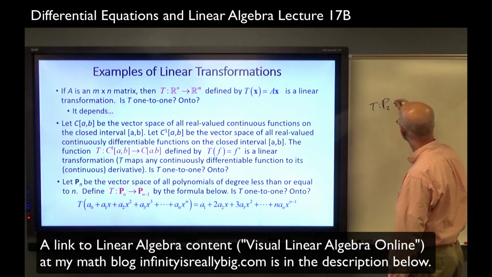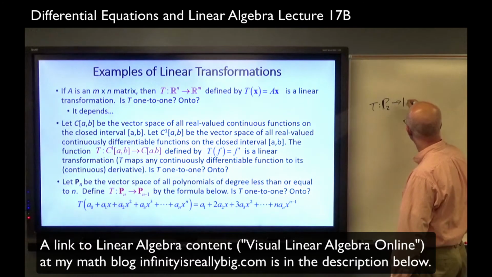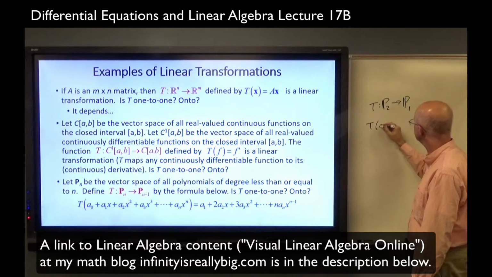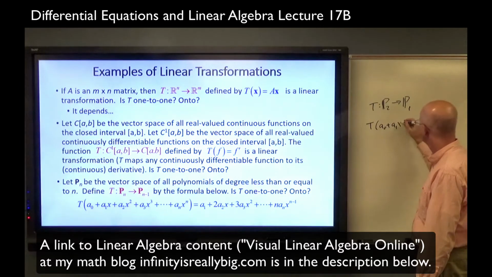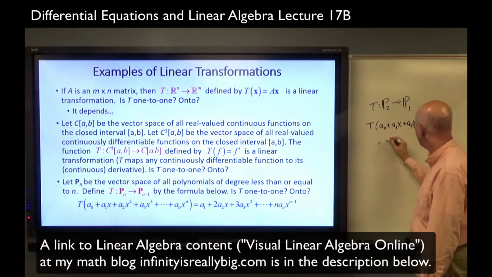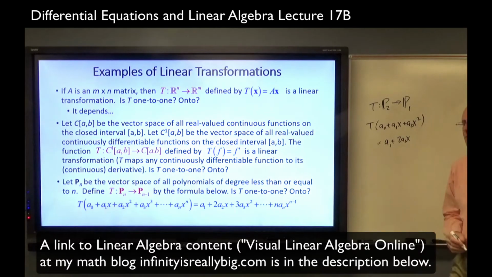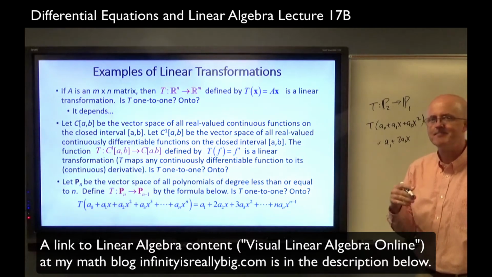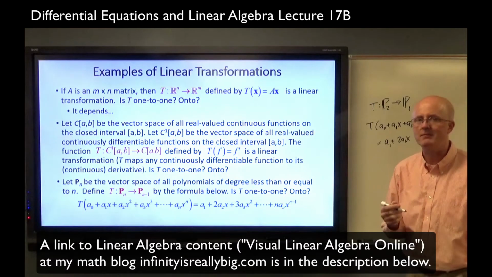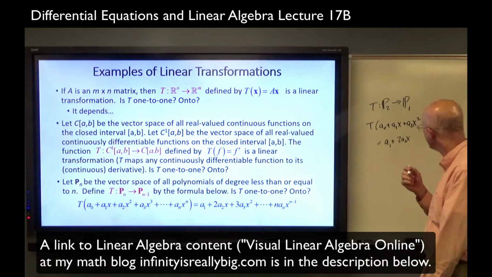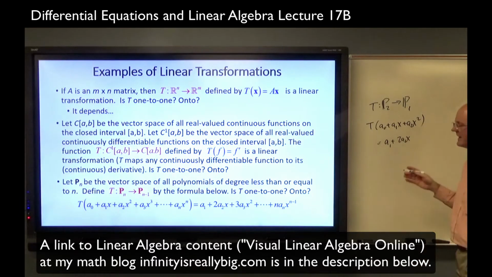Actually, when I write this by hand, I'm going to do sort of a double struck P. If we let n be 2 and consider this mapping, sending this quadratic to its derivative, really, a1 plus 2a2x, I want you to realize that this mapping actually can be implemented using a matrix multiplication. Because really, in a sense, the powers of x are just placeholders. This is analogous